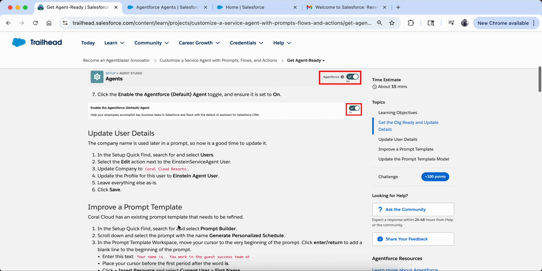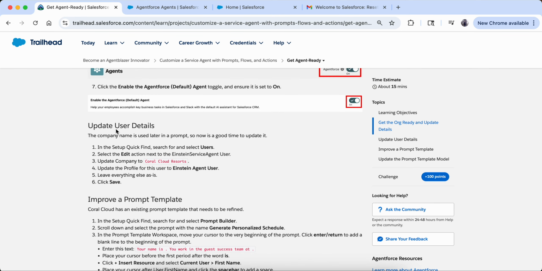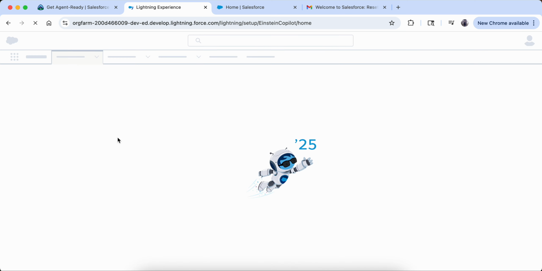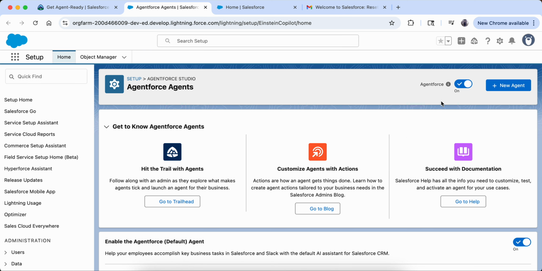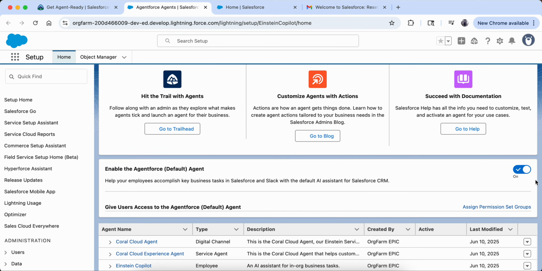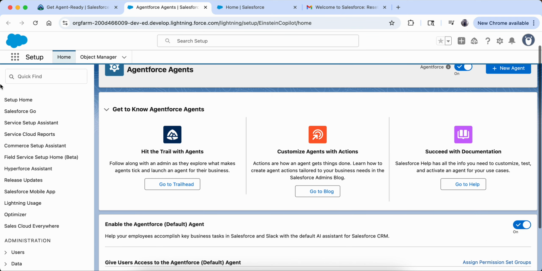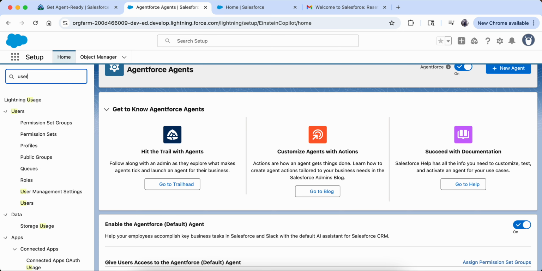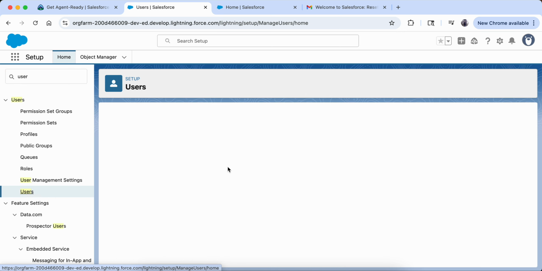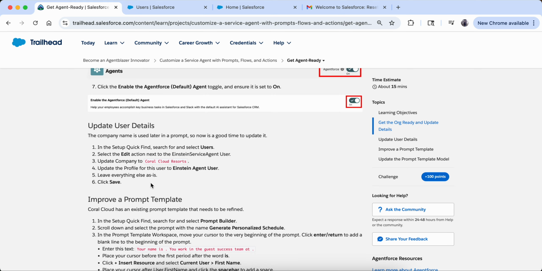Okay, now they are saying that we have to update some user details. So we have to go to Users. I'm going to refresh this once again so that the changes get reflected. We have to see that our Agentforce is on, and also the Agentforce Default Agent is on. Okay, now I am going to Users. So we have to update some user. We have to edit it actually. So they are asking us to edit. Now what is the name of the user? They are saying